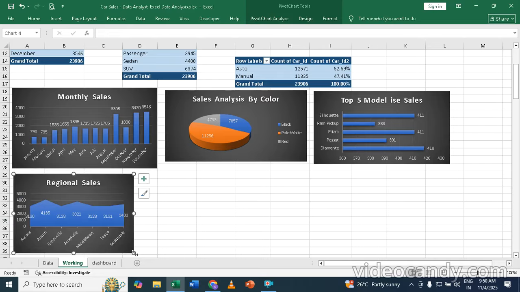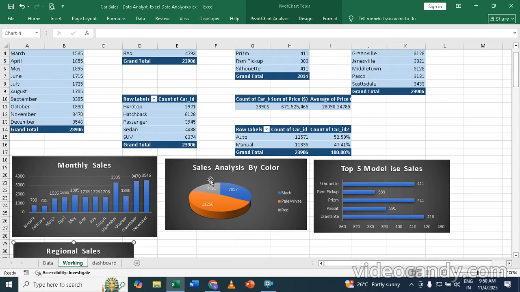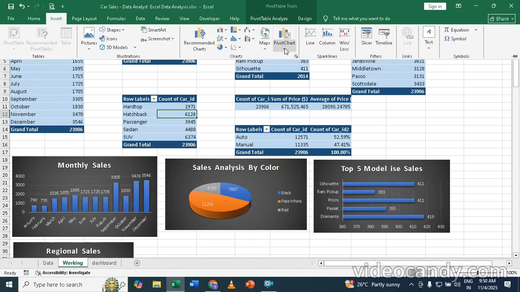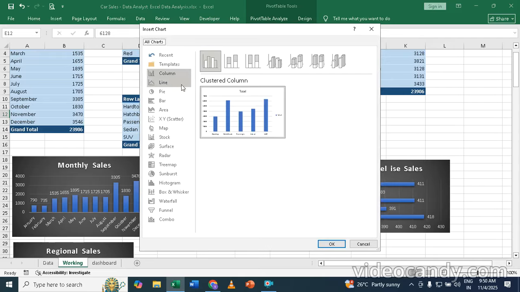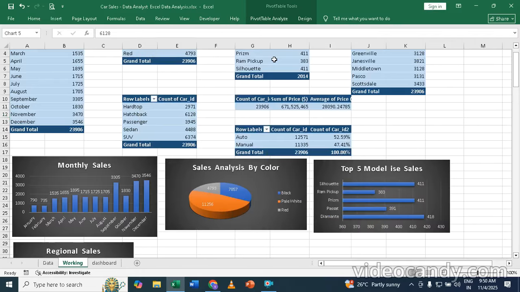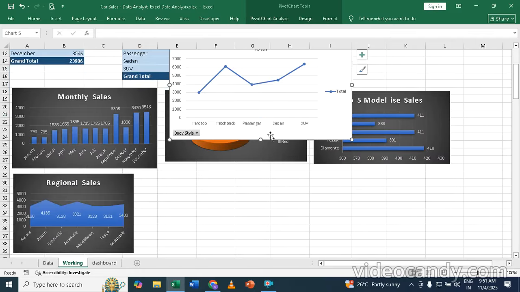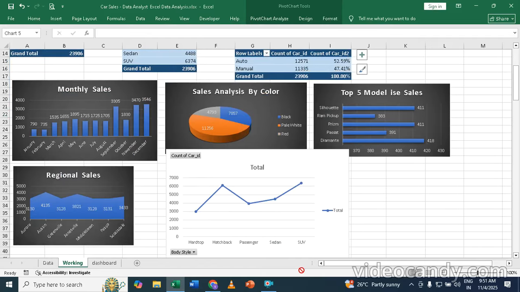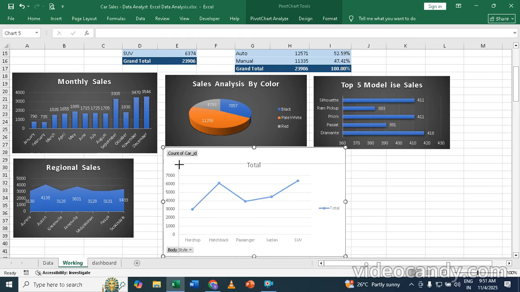My fifth one more graph I would like to make over here. That is actually called as sales quantity by body style. That is your line graph I would like to create it over here. That is this one. Just click inside here. I can click on insert, then charts, line graph I want, and I would like to have it as a line with marker. So this is the thing that you can go for. See, then just place it somewhere down. I'm placing it, size a little smaller, making it,